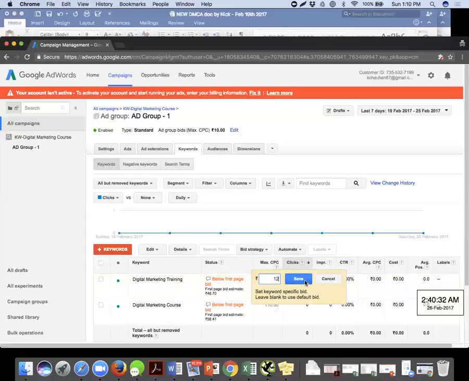So either you put across a bid at an ad group level or a keyword level. If you do not change it at a keyword level, your default bid for all the keywords will be taken from the ad group underneath which the keywords fall. Every ad group has multiple keywords. If I have put my default bid as 10 for ad group number 1, then for all the keywords underneath ad group number 1 it would be 10, till the time I do not individually change it. Make sense? Any last few questions, guys?